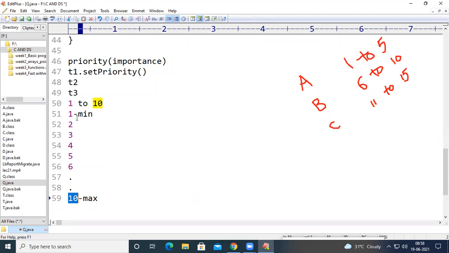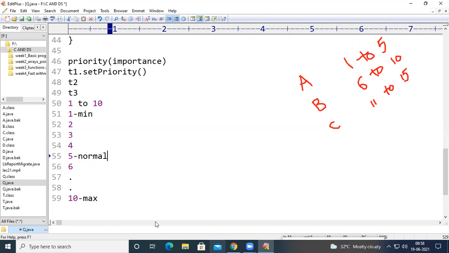If you pass 1, that thread will be given the least priority. By default, all the threads which are in the ready state will have a priority called normal priority, and the priority value is 5.